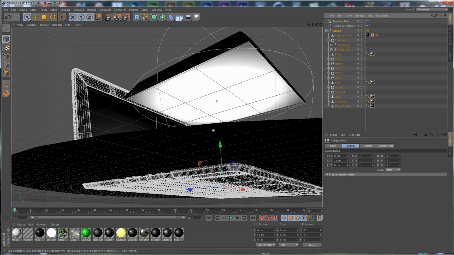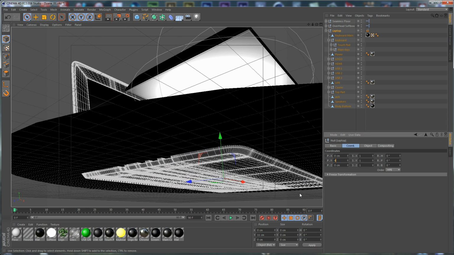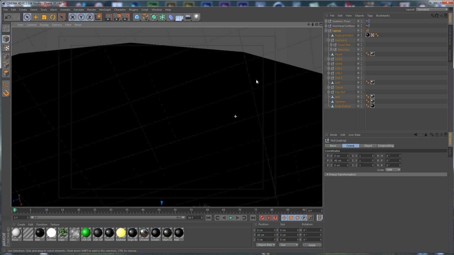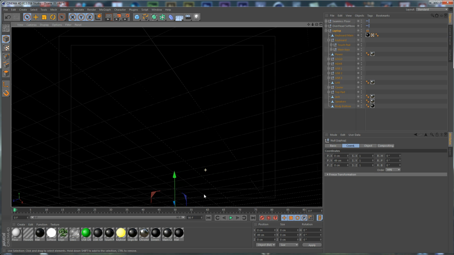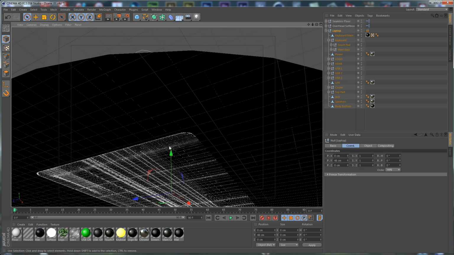Let's go to the object mode and see. 48 seems to look okay. 48.5 or 0.2. Just let's keep it 48 for now,